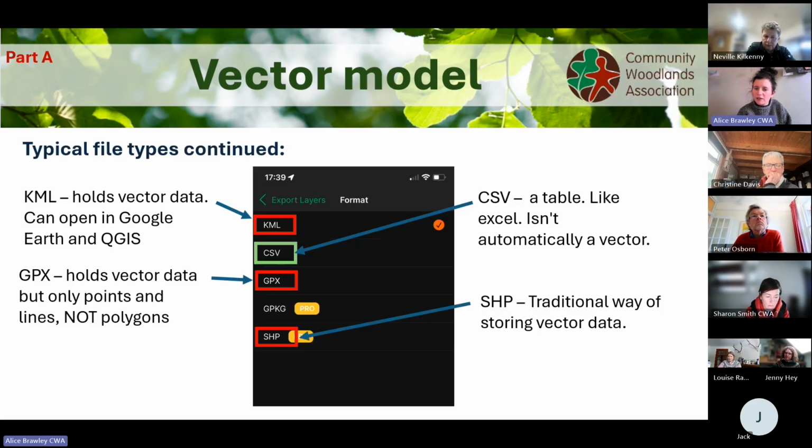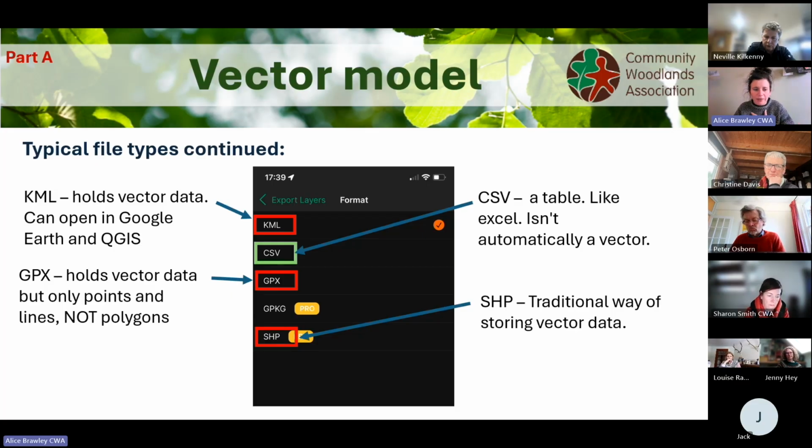GPX also stores vector data, but it only stores points and lines and not polygons. So again, I'd say ignore it for just now. The geo package, which I've actually not highlighted here, the GPKG, that stands for geo package, and it's a way of storing a lot of files in one package, and it's something that we're not going